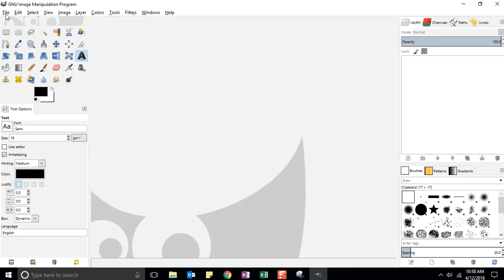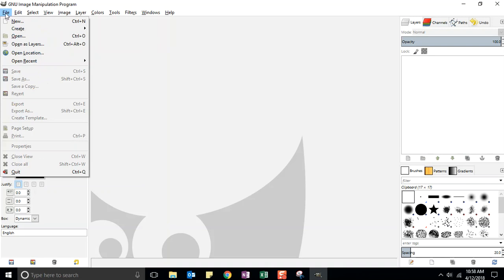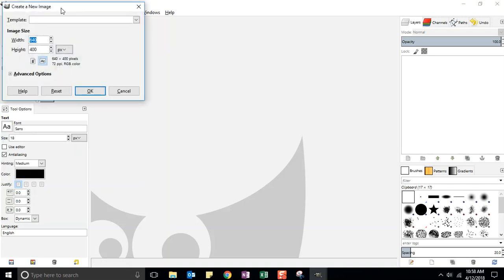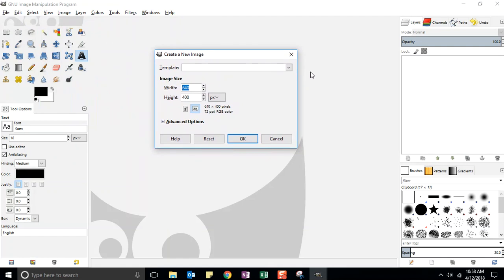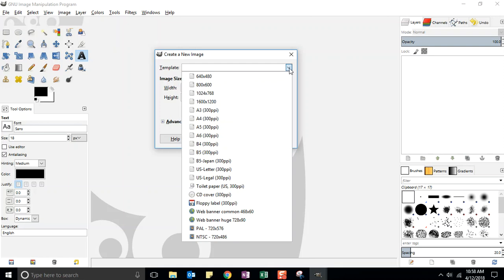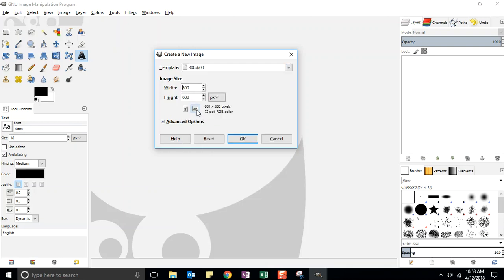All right, so we're going to go File, New. And when you do that, this little dialog box is going to pop up. And notice there are some different templates for different canvas sizes that you can choose. Like if you knew that you were going to want to print something off and you wanted it on like regular US letter paper size, you could do it, just click US letter size, and then whatever you do on that canvas, you could just print it right off. Today, the directions are to go 800 by 600. This is going to give us a landscape